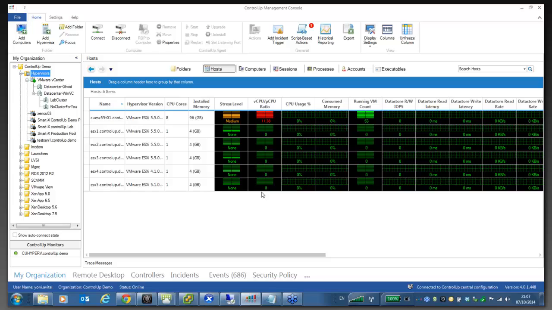So what you're seeing right now is after the initial connection, and by the way, that's it. The process you've seen so far is the only steps you need to complete in order to connect ControlUp with the virtual infrastructure. Once we finish that, we can see on screen now the initial list of ESX hosts which are managed on this specific vCenter. On the left side, on the tree, you can see the actual data centers and clusters. So the objects we display are the data centers, the clusters, and by default all hosts that exist